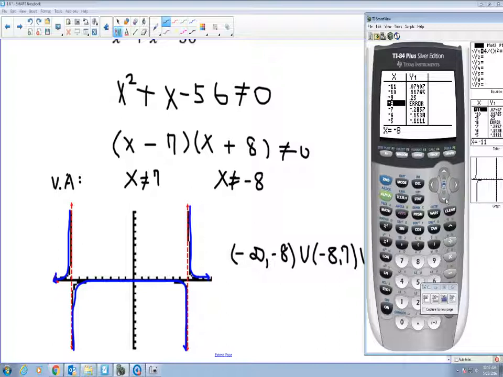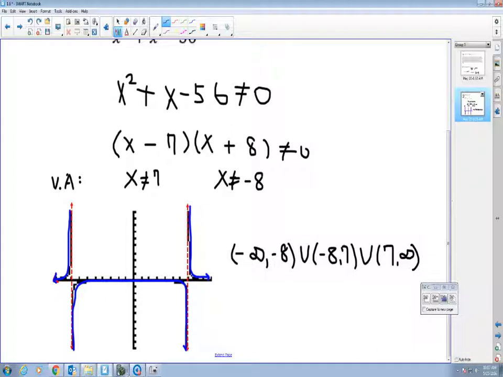My function exists between -8 and 7, then gives me an error at 7, and keeps on going to the right from 7 and beyond. Alright, so that will be my domain. We will talk more about rational functions and what it means when this side goes up and that side goes down. They all have something to do with calculus. Alright, that will conclude this